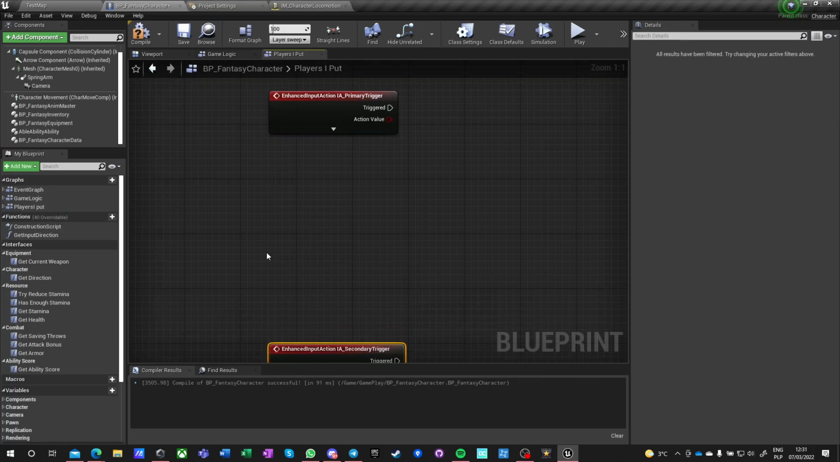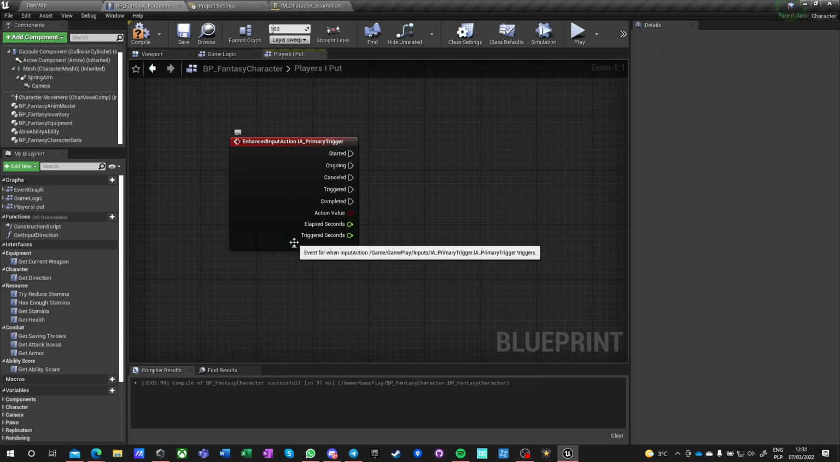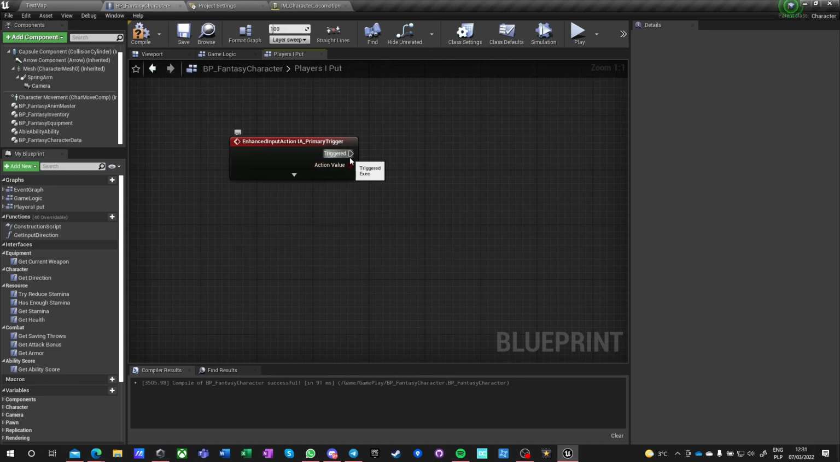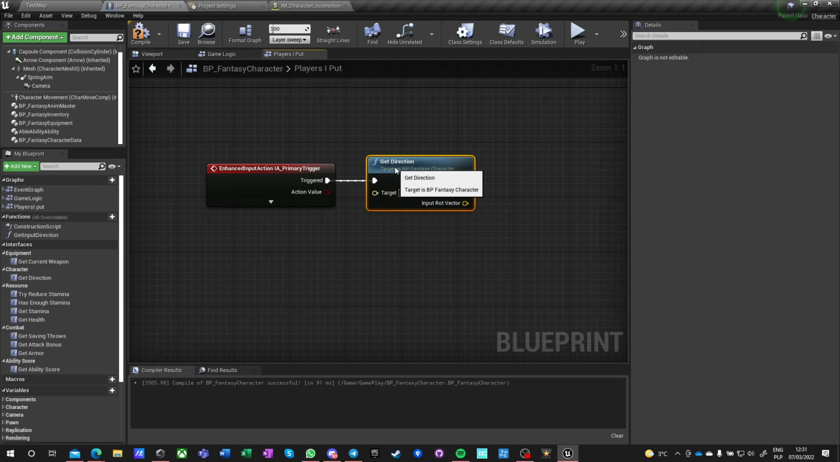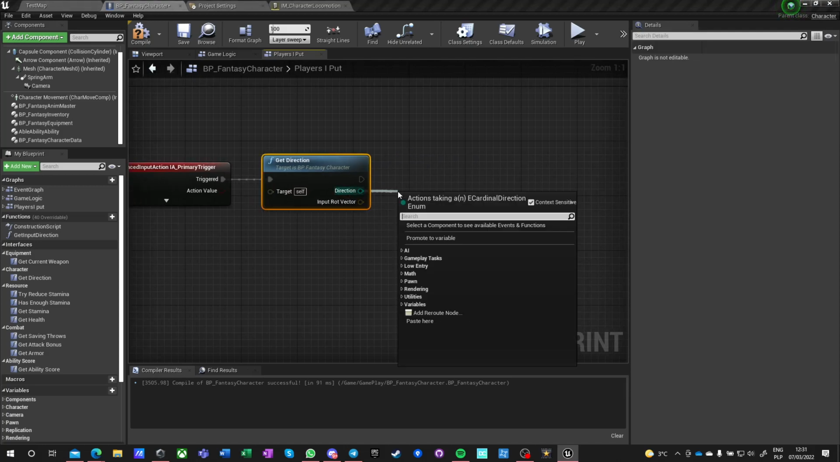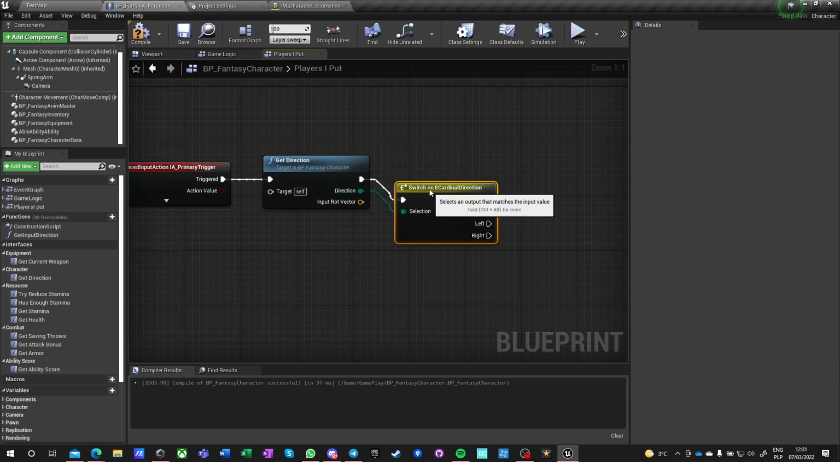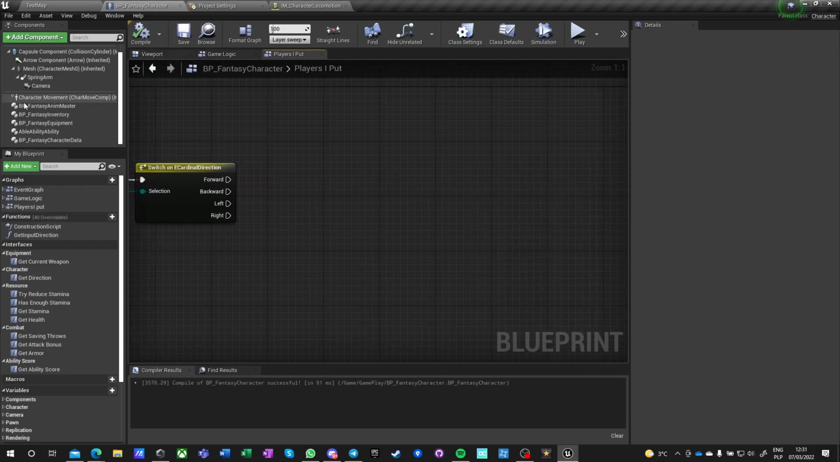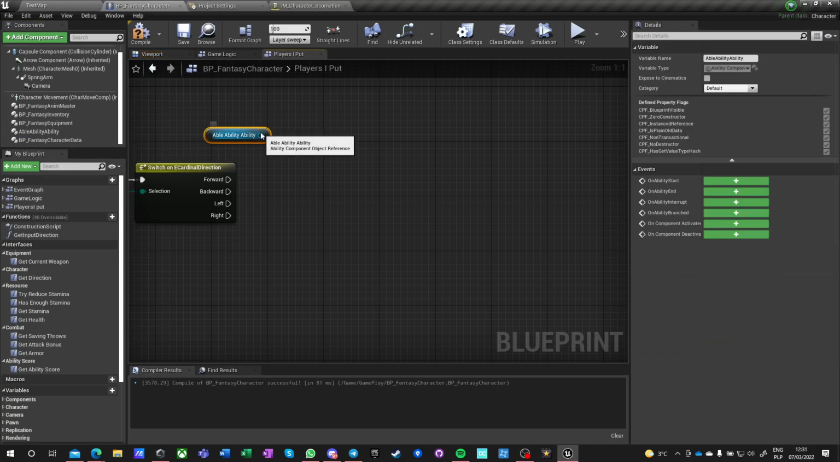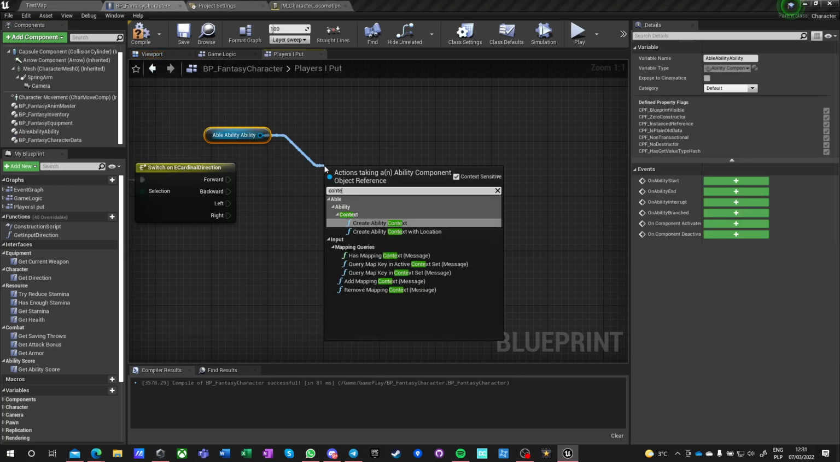And we're going to put them here. So we got triggered, which is the important part. We want to say get direction, and we run it on ourselves. And we want to do switch on cardinal direction. And for now, we want to just execute one ability that we're going to build, and only that ability, nothing else. So ability, and we want to create ability context